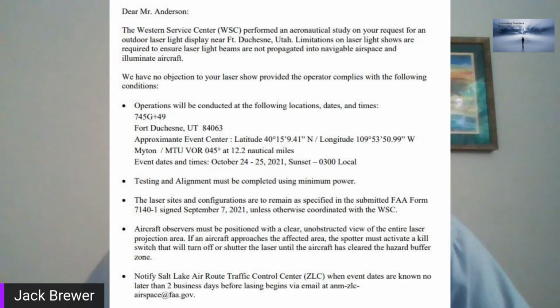And we can see some of the criteria that was required to do this. For instance, the second paragraph from the bottom tells us the aircraft observers had to be positioned in a clear way and to have a kill switch ready in the event that they did observe any aircraft and saw it coming,